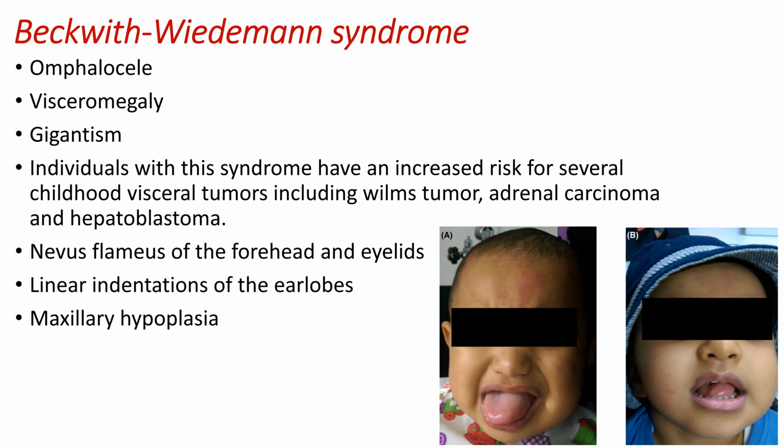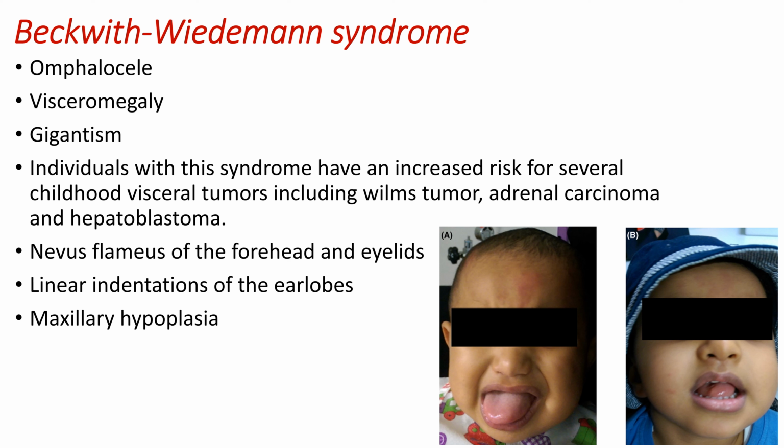Beckwith-Wiedemann syndrome is associated with macroglossia. These are some clinical features of this syndrome. First is omphalocele, which is protrusion of part of the intestine through a defect in the abdominal wall at the umbilicus. Then visceromegaly, that is the enlargement of the viscera, and gigantism. Individuals with this syndrome have an increased risk for several childhood visceral tumors, for example, Wilms tumor, adrenal carcinoma